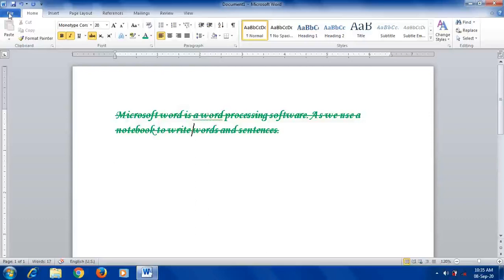In the 2007 version, in the place of file, an office button was there, a round office button. So this file was replaced with that office button. Then as usual, these layouts are present in the 2007 version also and in the 2010 version also. This is the 2010 version that we are learning and that I am using. So this is the 2010 version of Microsoft Word.